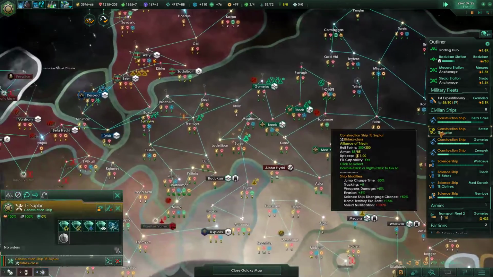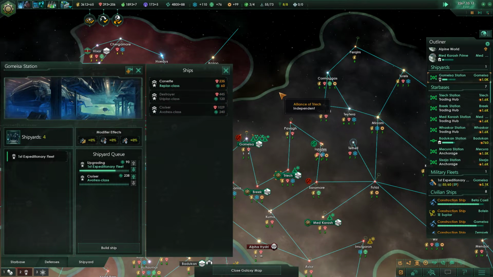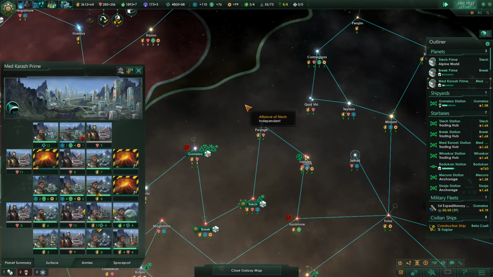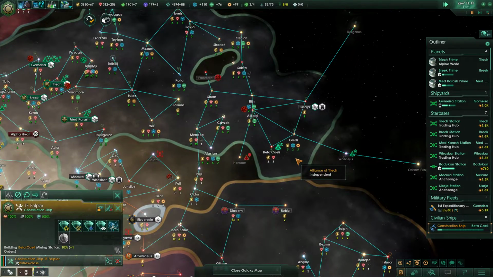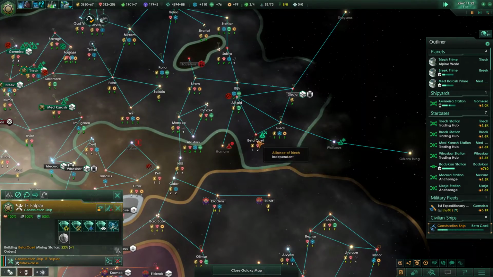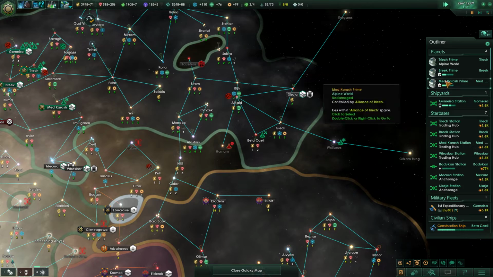Alright, queuing up some surveying there. Claiming some more territory down here. Now the issue with this is, well, to be frank, I don't really care about some of these really small, crappy solar systems. They don't give me much, because it forces me to go wide, but doesn't really give a lot of bang for